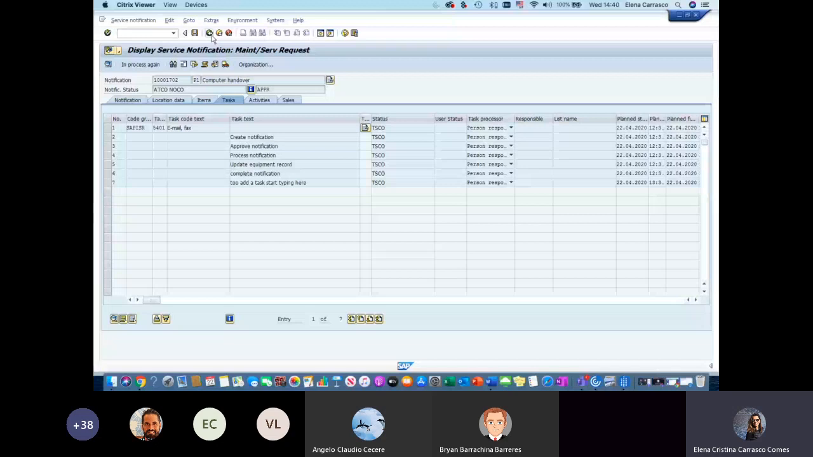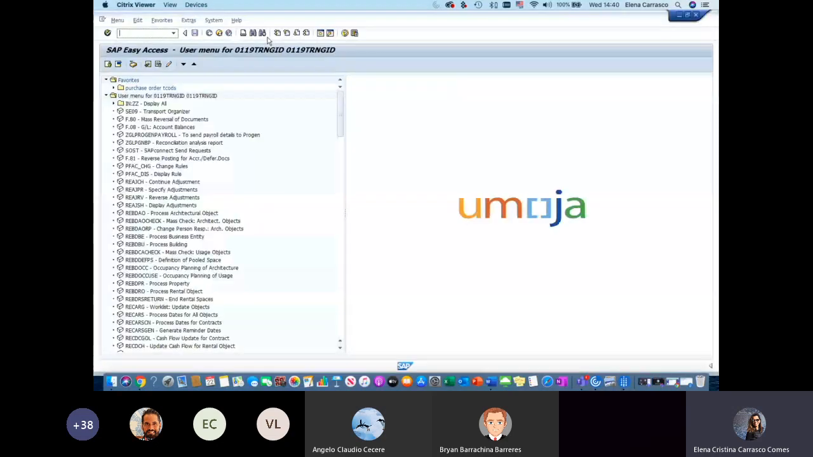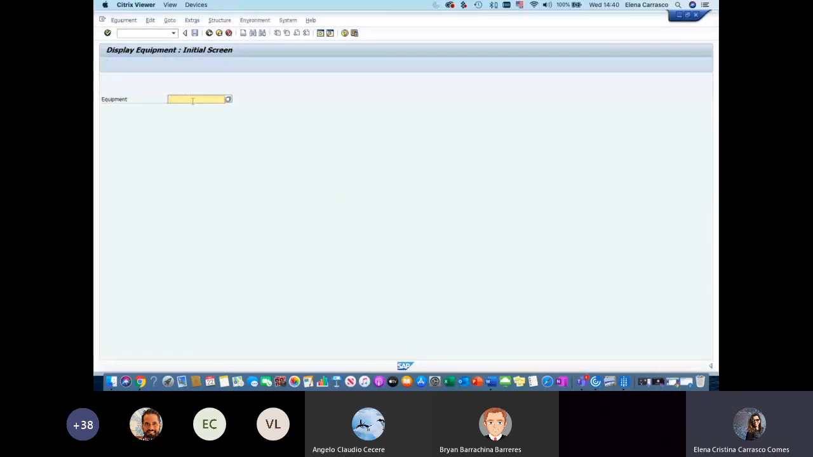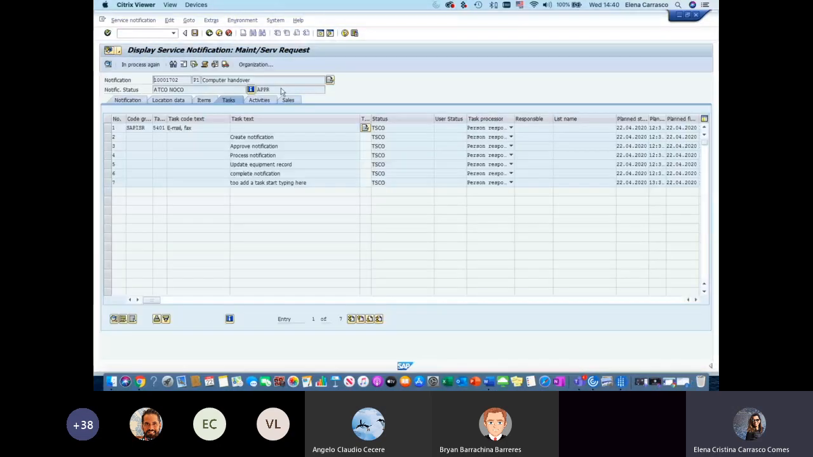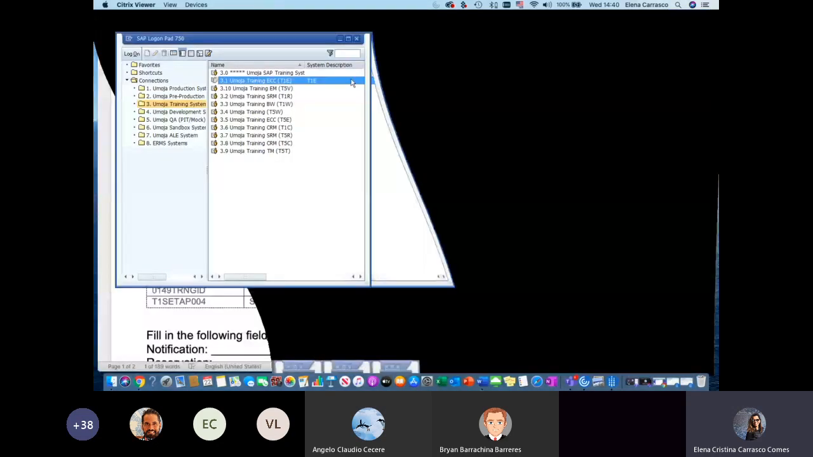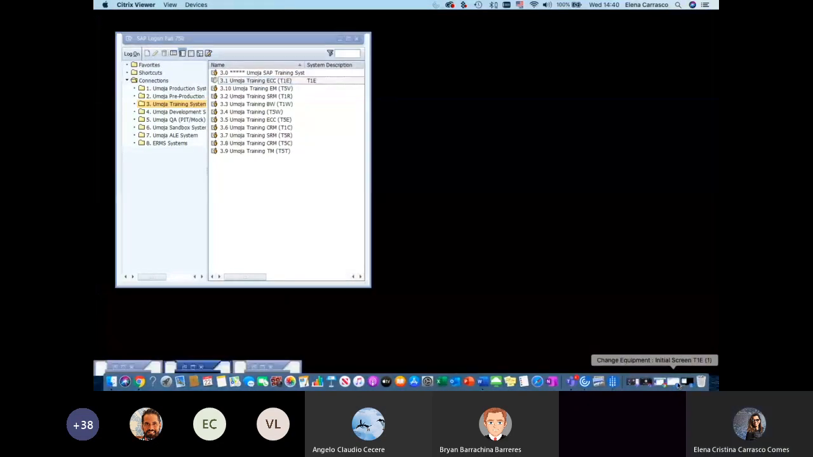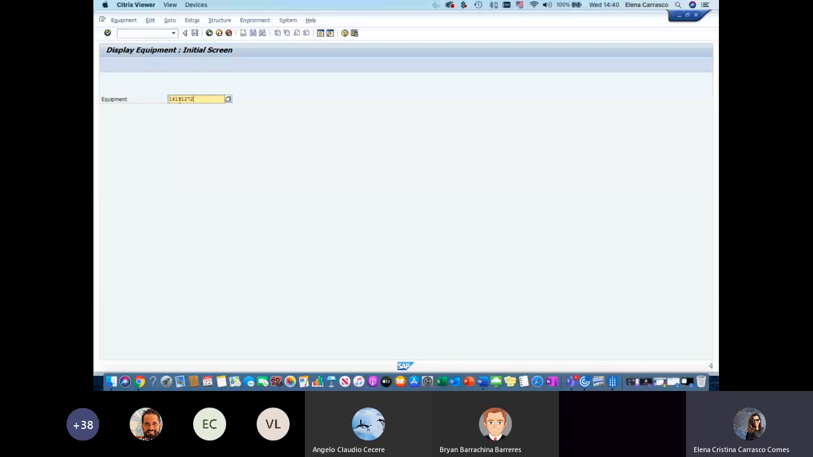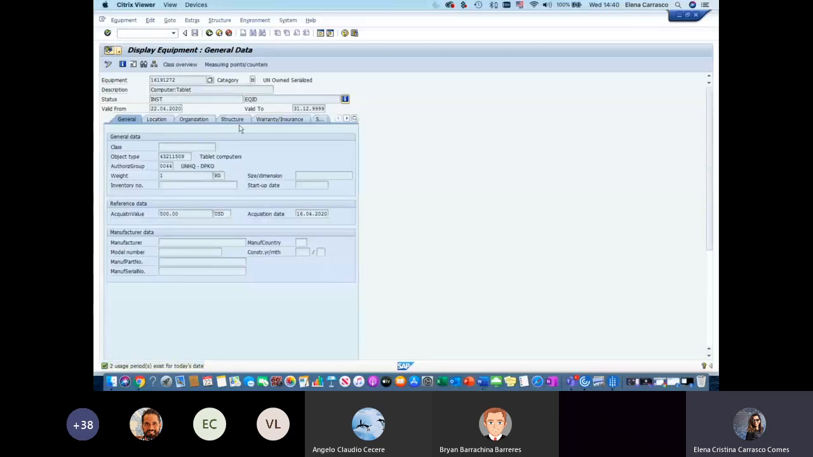And then once it's approved, it's a matter of going to the equipment. IE03 to check. I don't remember anymore what the number of the equipment is. So it is this one. So we will put the equipment that is going to be transferred from one person to the other. This is a display. So if we want to edit, we click on this icon,